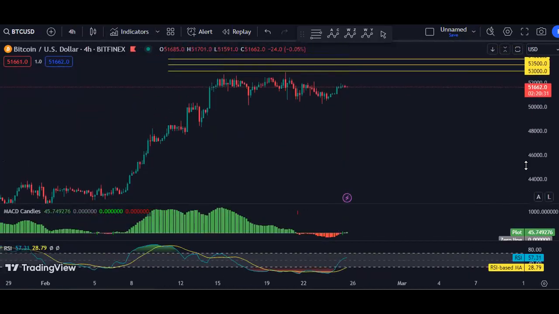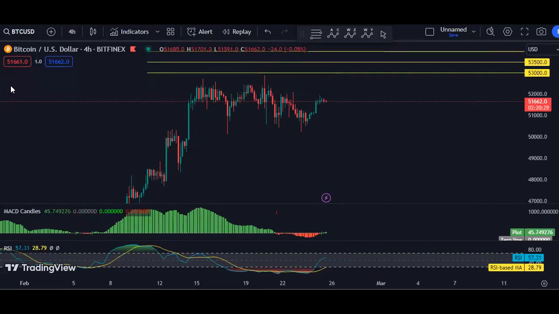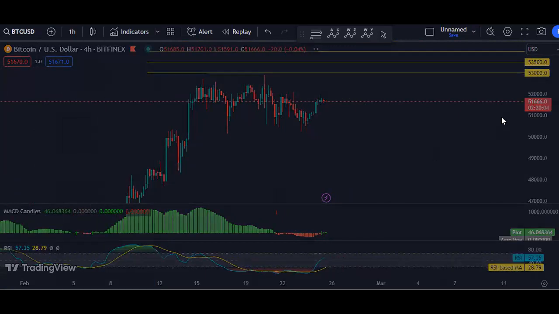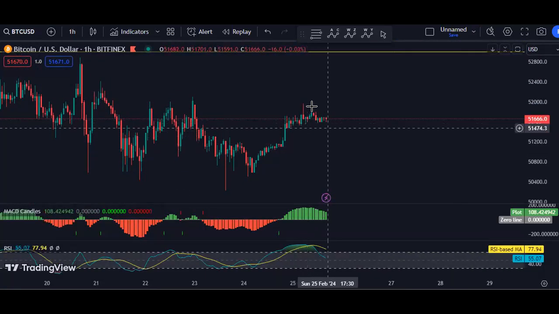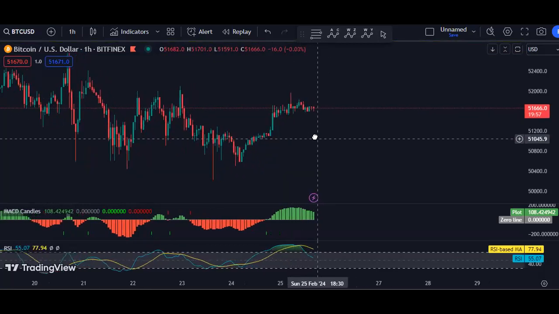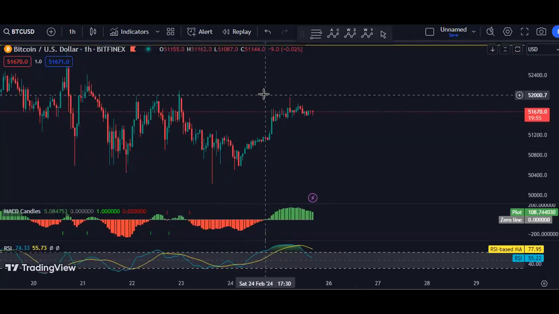If I move to the lower time frame, the four-hour chart, at this point I'm looking at this one. We can look for a trade for buy within this, but I'm trading within this correction. That means as long as the price tags this top, I will start to manage it, at least move my stop loss to break even. But it depends on the strategy the traders are using. If I move to a lower time frame, I don't see anything else. The only thing is, if I get any opportunity for buy from here, I will take it. At this point, the only option is to put the entry above this top. Other than that, I don't see any other way.